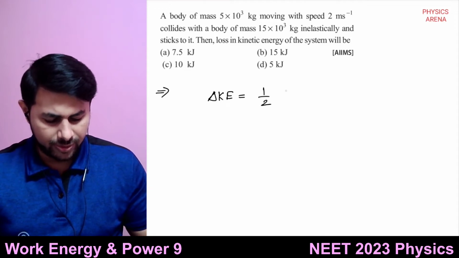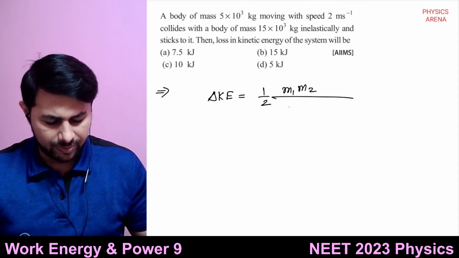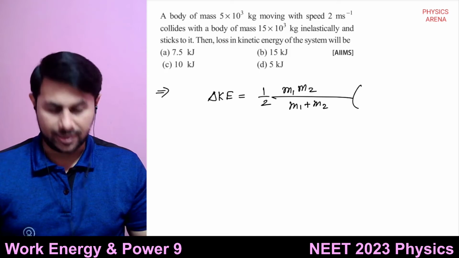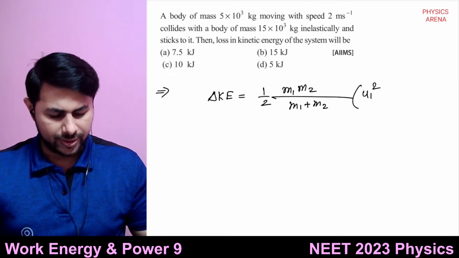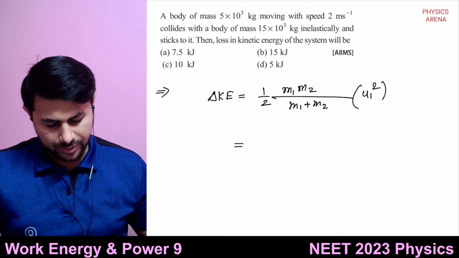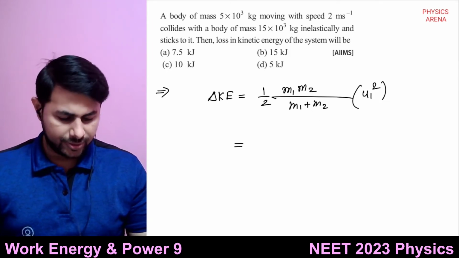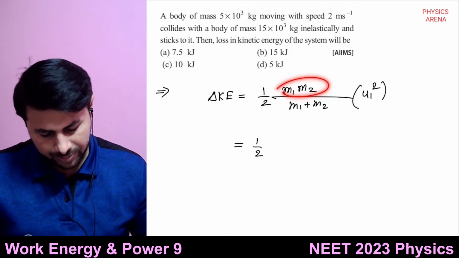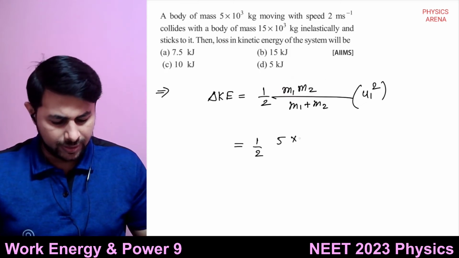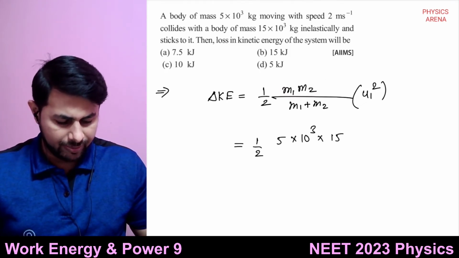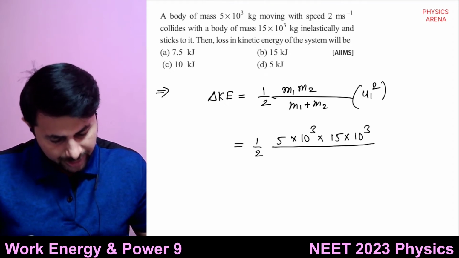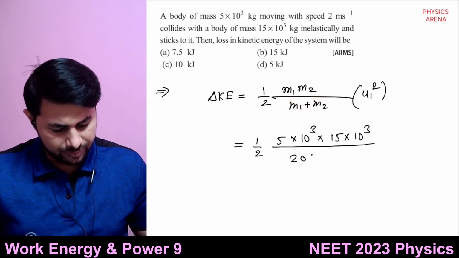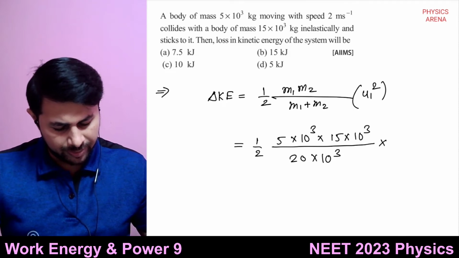It is half of m1 m2 divided by m1 plus m2 multiplied by u1 minus u2 whole square. So second body is at rest, so u2 is 0, that means it is u1 square only. So half of m1 m2, so it is 5 multiplied by 10 raised to 3 multiplied by 15 multiplied by 10 raised to 3 divided by m1 plus m2, it is 20 multiplied by 10 raised to 3, multiplied by 2 square,